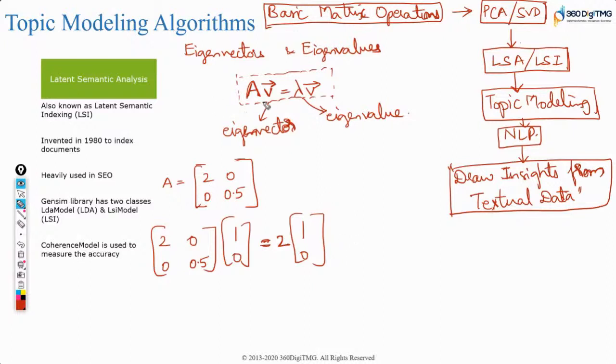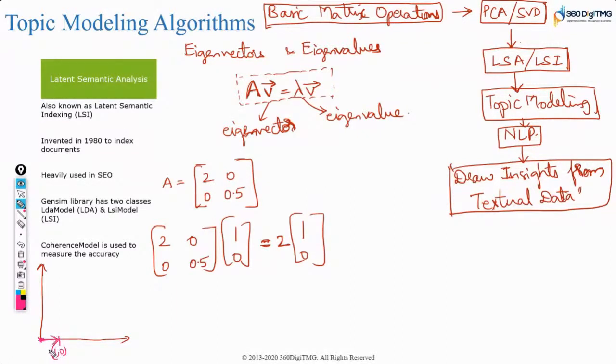So your algorithm behind the scenes, when you use code, will just look at various combinations of values which make the right hand side and the left hand side equal. That's it. Now let's understand this concept using a geometrical representation. If I say 1, 0, that means 1 on the x-axis, 0 on the y-axis. So 1, 0 is this point.